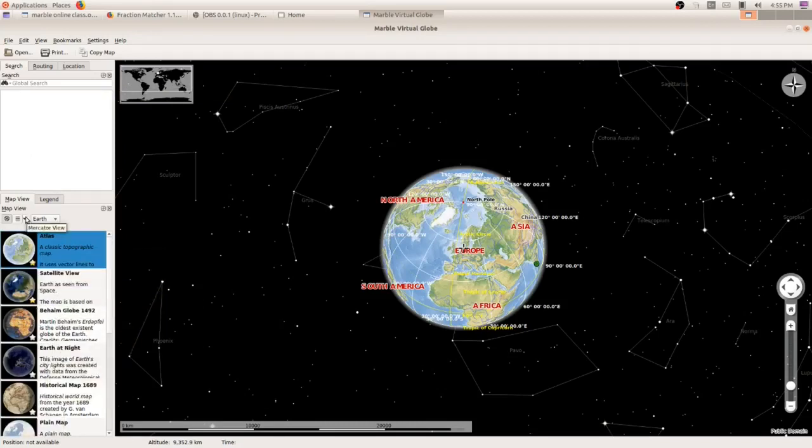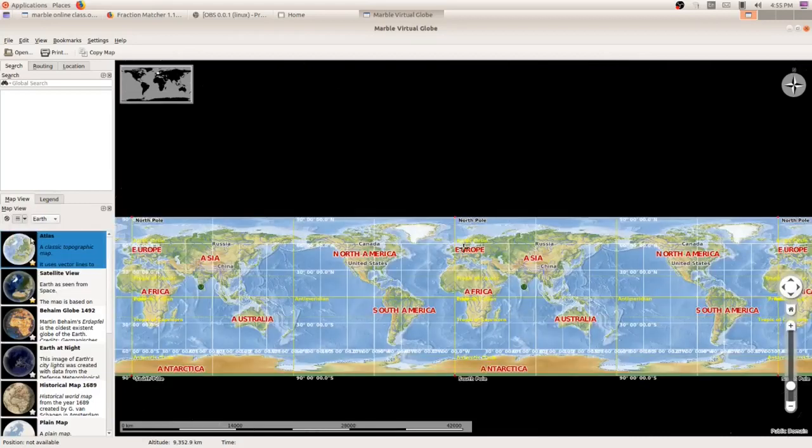The second thing we have to know is that this is the globe view. If you want the flat view, click on this small triangle and select flat view. Again, if you want to change to the globe view, you can see Globe view at the left side, click on that.